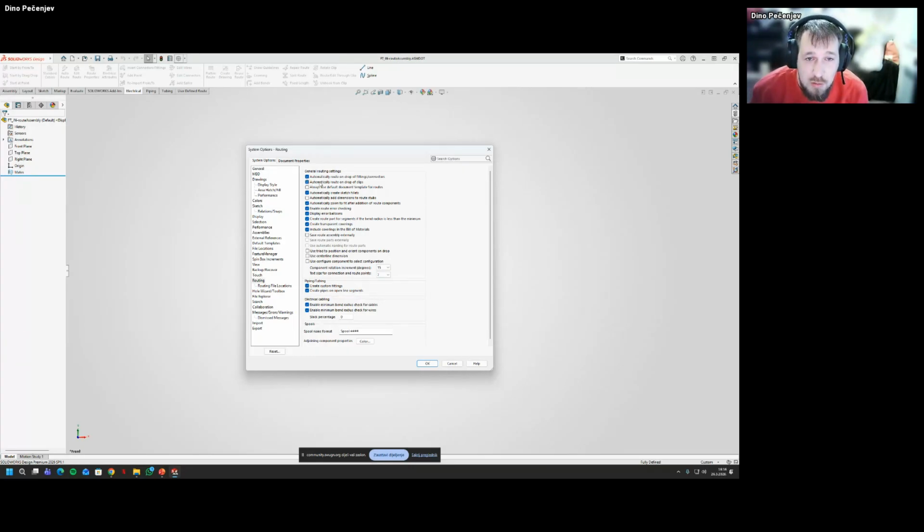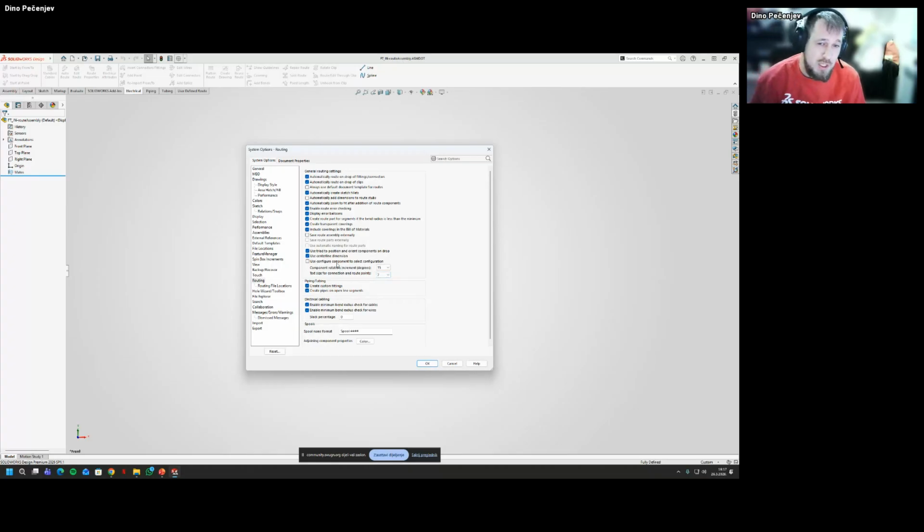Also, we're going to choose automatically route on drop of the clips. So if we don't even start a route, if we're going to do drag and drop, we put a clip here. And we're going to use center line dimensions for our whole route, so we know specifically where we're going to locate everything, and we're going to use a triad to position and orient the component on the job.